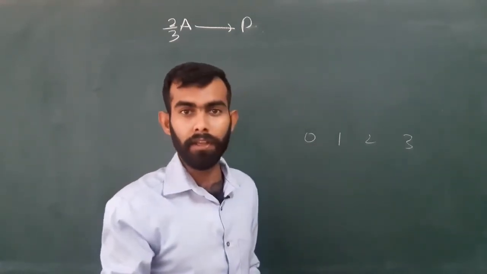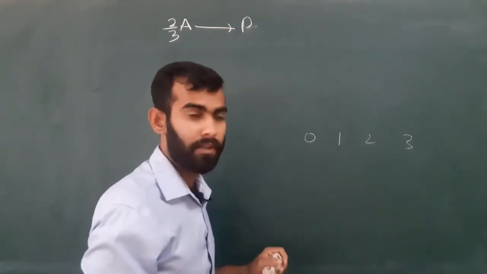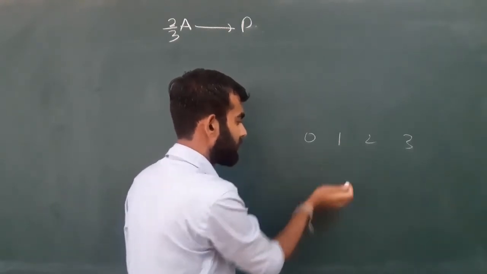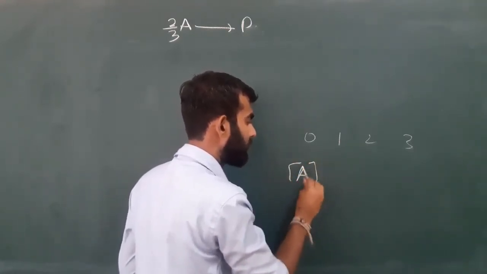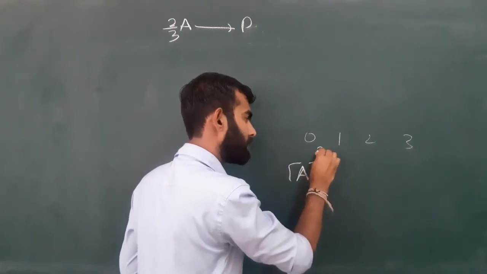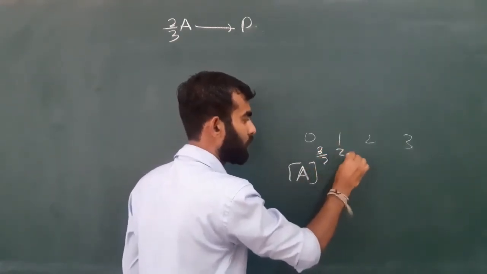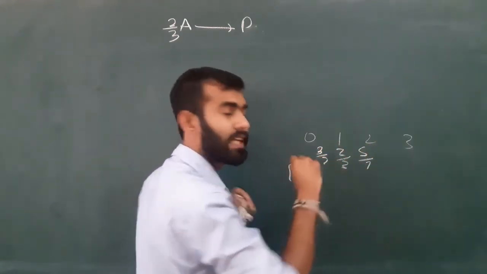Orders, every order are whole numbers, integers. However, if in the examination you face this type of thing, a to the power of 3 over 2 or 2 over 3 or 5 over 7, any fraction,